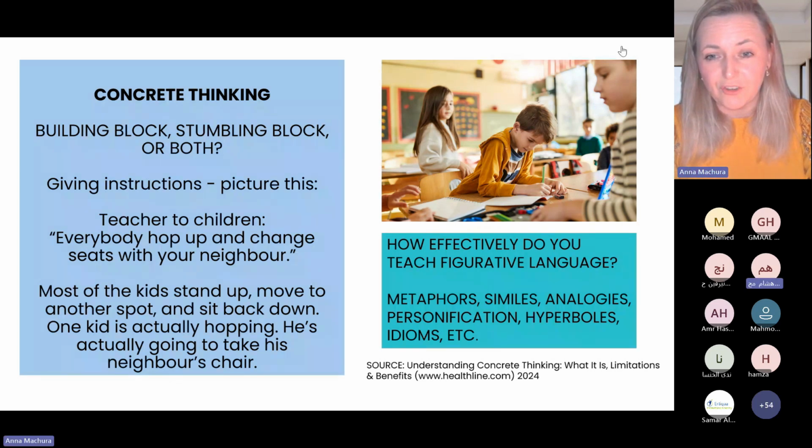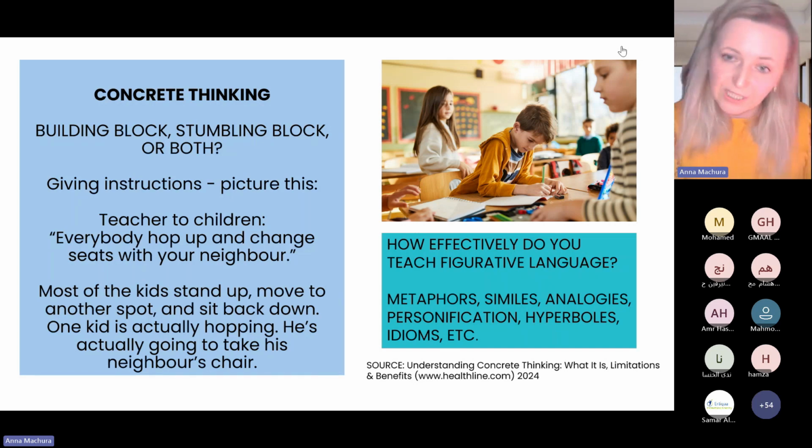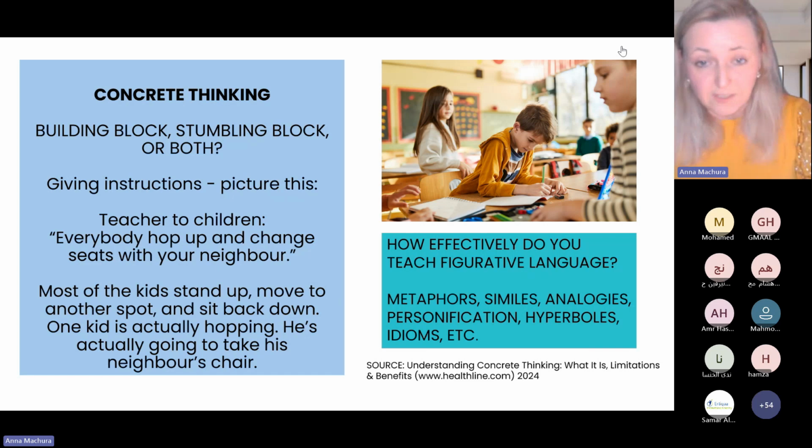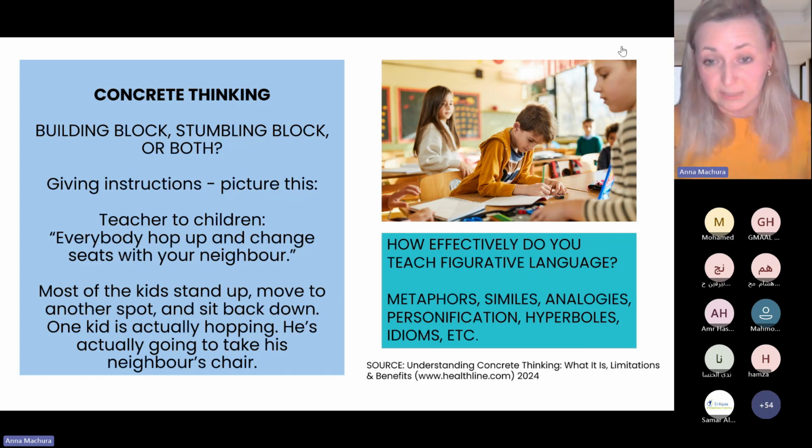And figurative language. It's good to introduce that to students, but again, double check, because there may be some learners, especially at a young age. I work with neurodivergent kids, and the processing is much, much different. So there are problems sometimes with out of the box thinking, abstract thinking as well. So it would be very direct. If you have students diagnosed with dyslexia or other specific learning differences, you can just ask me a little bit more. I'll be happy to share some tips and guidelines, but that's very important.